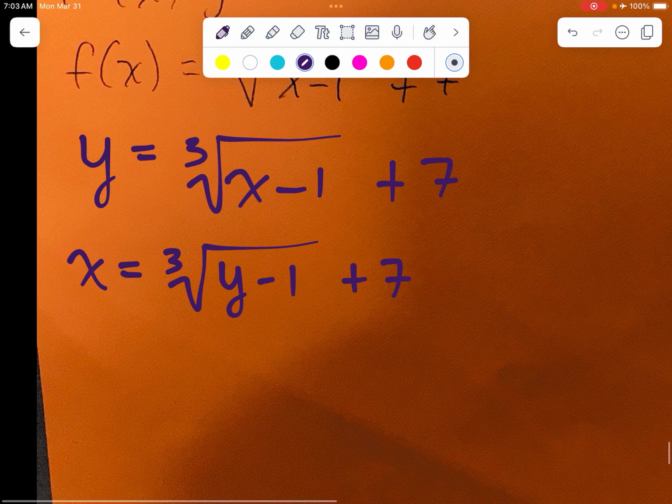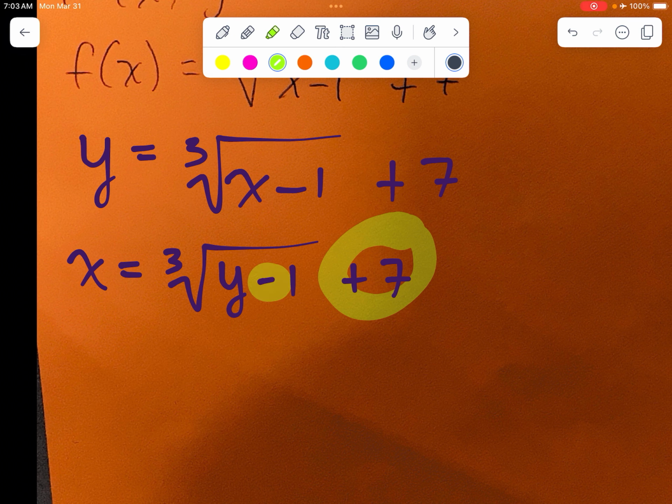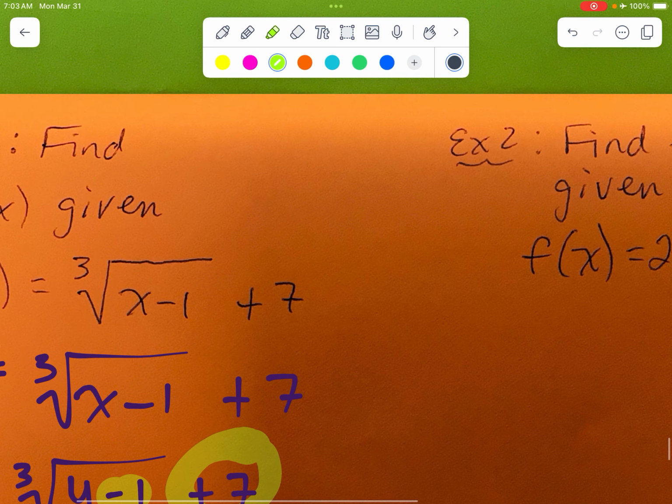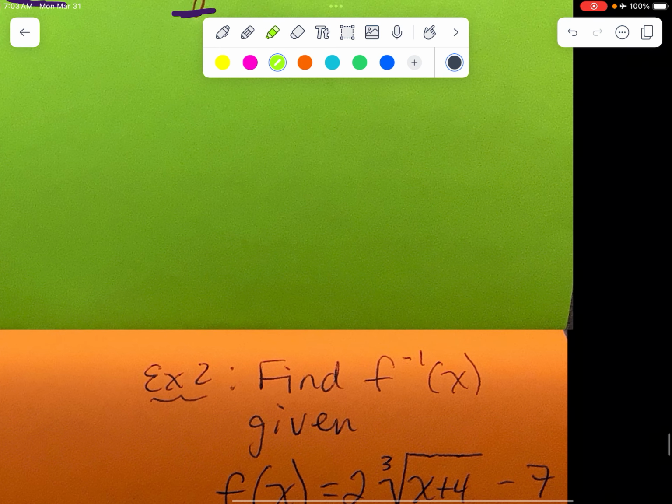And so these are really simple. I like to call the root symbol right here the house. And so it's very simple. If 7 is positive and it's outside the house, that means we're going to make 7 negative and put it inside of a house. If negative 1 is inside of the house, we want to take the opposite of negative 1 and make it positive 1, and it's going to be outside of the house. If you go back up to your notes here,